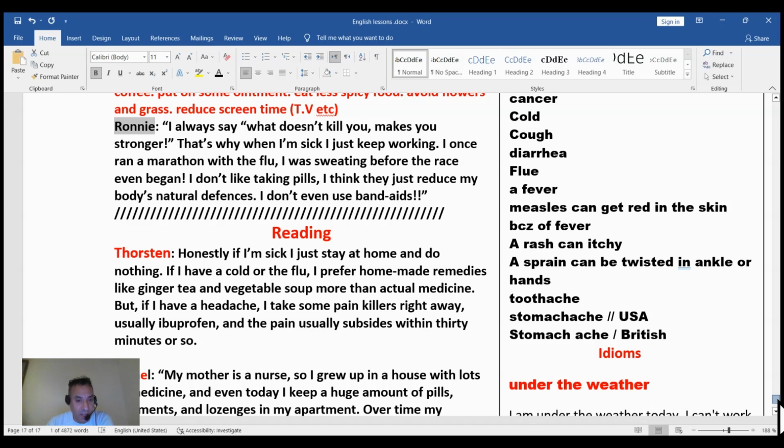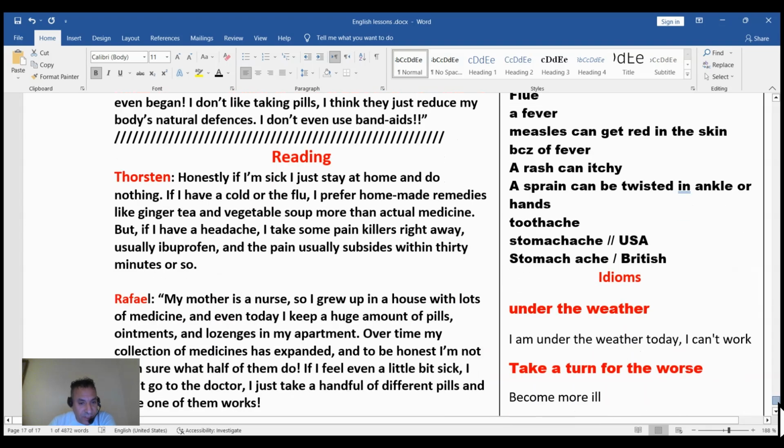But if I have a headache, I take some painkillers right away, like for example Panadol, usually ibuprofen. Ibuprofen is for fever or headache. And the pain usually subsides within 30 minutes or so, or more maybe. Cool.